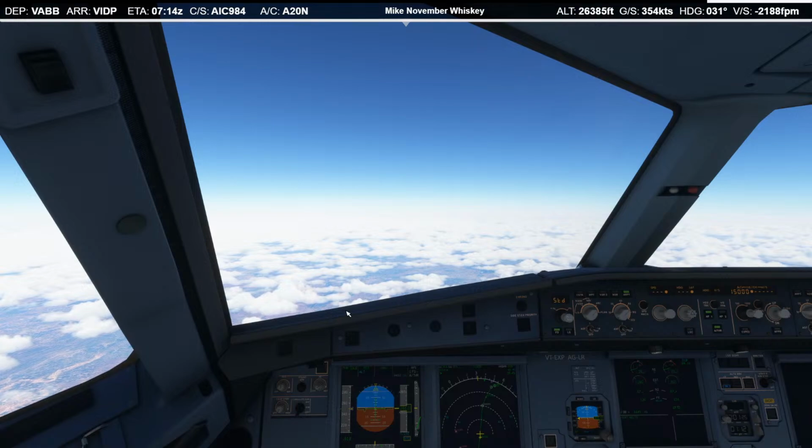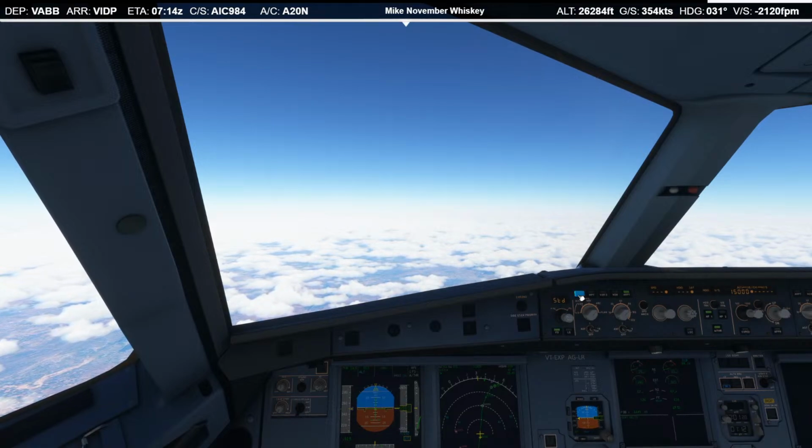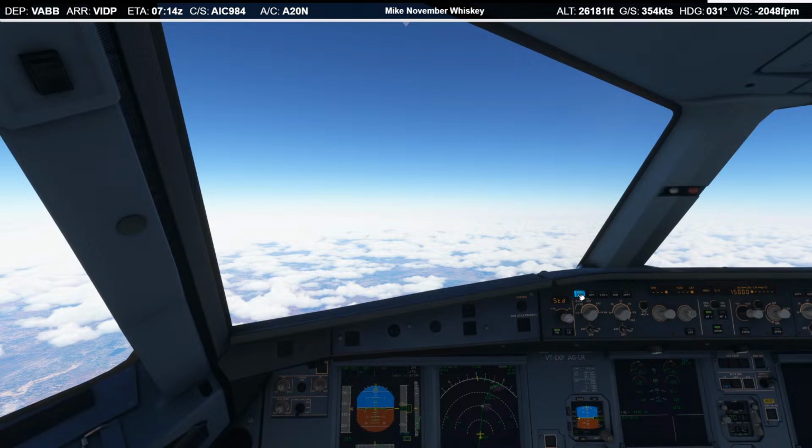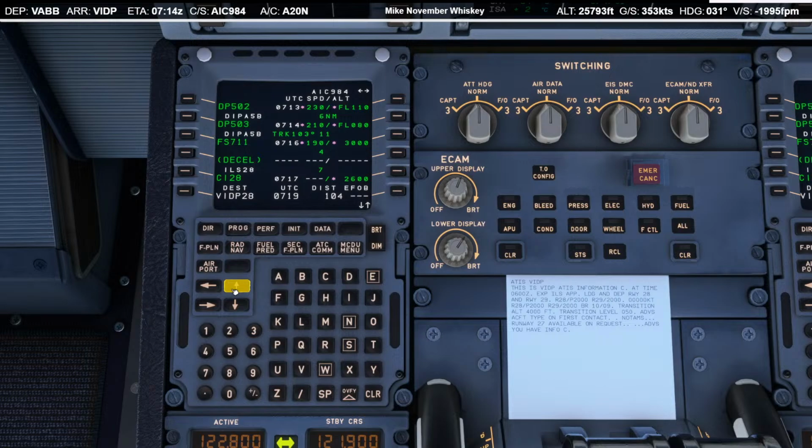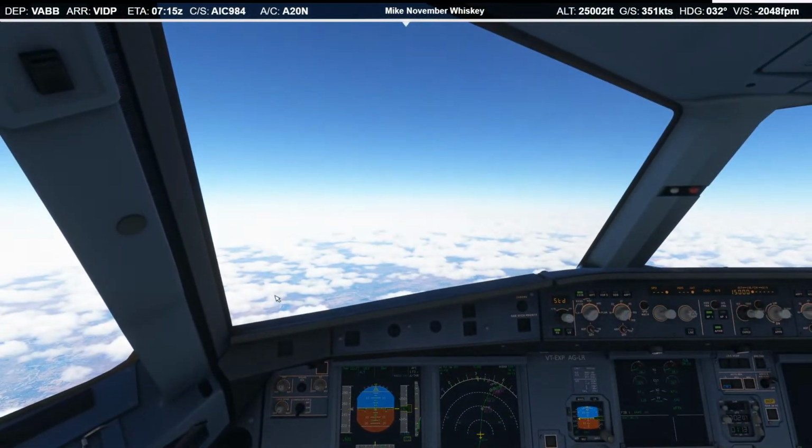Oh, looks like we've already slowed to 250, so I wonder if the other constraints are already in there. Yeah, oh yeah, it's going to follow the constraints for us. That's great. Is the flight plan accurate all the way through is the question, because if there's a gap, it will speed us up. No, pretty much until the decel point, and we'll be already in approach phase by then anyway. No problem. That's very cool. The fly-by-wire team has done a fantastic job with the updates to the MCDU over time.